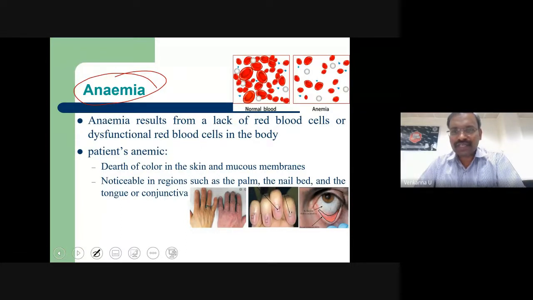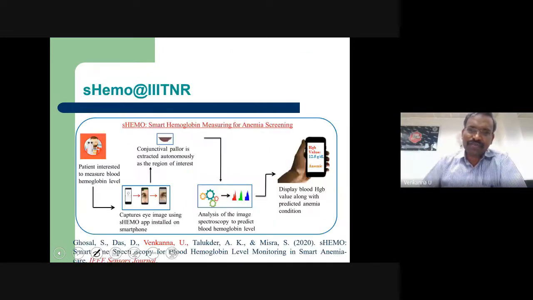With that vision, we developed a small mobile app with a lot of image processing. Capture your eye, the conjunctiva portion, and feed it into the image processing technique you develop, so that at the end of the day it gives your hemoglobin value.